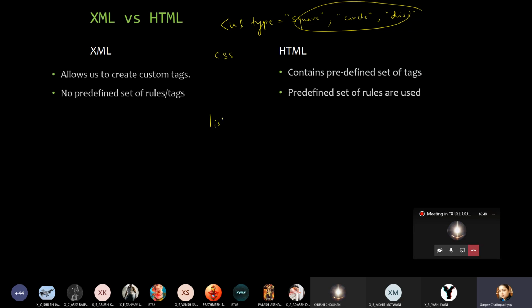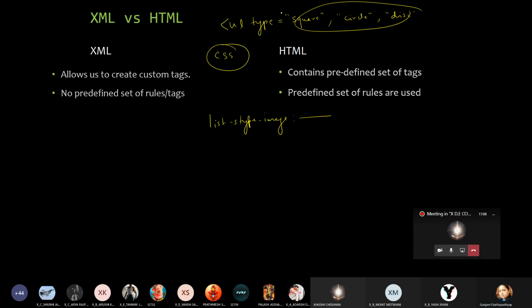You will have to make use of the list-style-image property of CSS. With the help of this, you will be able to provide any image as a bullet. So that is possible through CSS, that is style sheet, right?